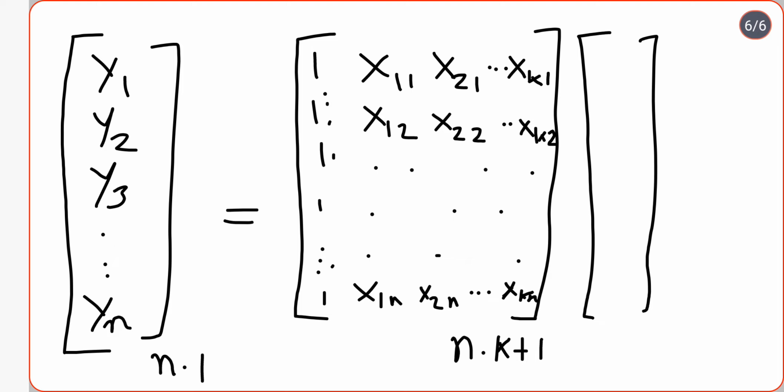So this was our dimension of the matrix, that is n cross k plus 1. It is supposed to be represented by a bar. Now the matrix of the parameters will be shown as beta 0, beta 1, and it will continue up to beta k. How many rows do we have in this matrix? We have k plus 1 rows, and the number of columns in this matrix is only 1. So the dimension will be k plus 1 cross 1, and we have to add it with